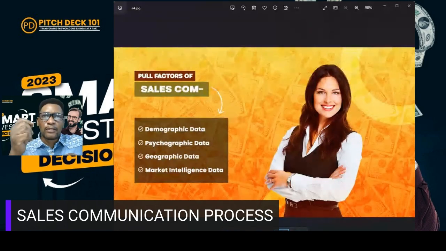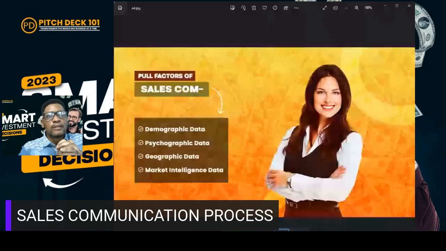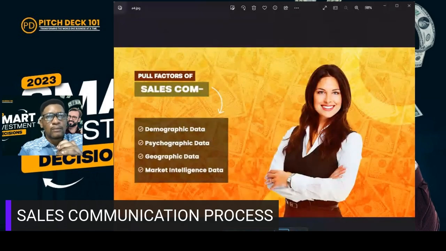Now, if you're attempting to do sales, if you have a business and you're not clear about these things that I'm talking about now, the possibility exists that you're doing your business with a blindfold over your eyes. You're speculating, you're guessing. And in business, you need to take the guesswork out of business. Here is where you need to throw away the baby and the bathwater if you're going to be speculating. Now, let us do a further deep dive into today's program.